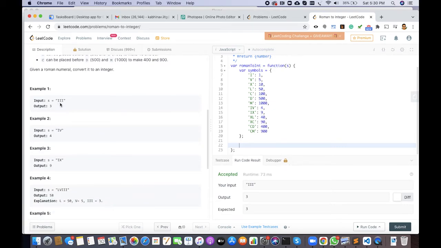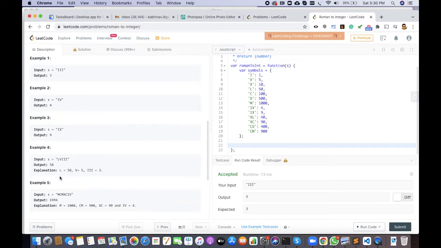So for example, this III, we'll just encounter each character and keep adding it. So 1 plus 1 plus 1 is 3. IV is there, is 4, so it is as it is. IX is 9. Similarly, LVIII is L is 50, V is 5, I is 1, 1, 1, 3.